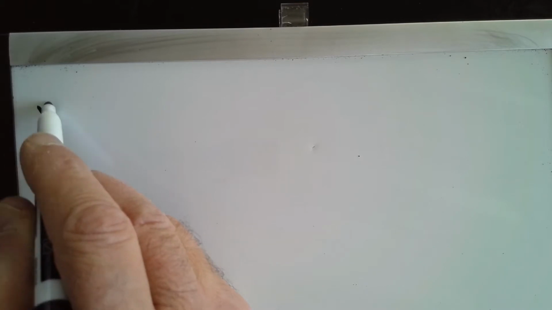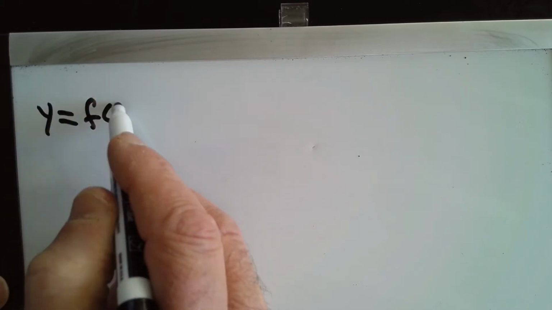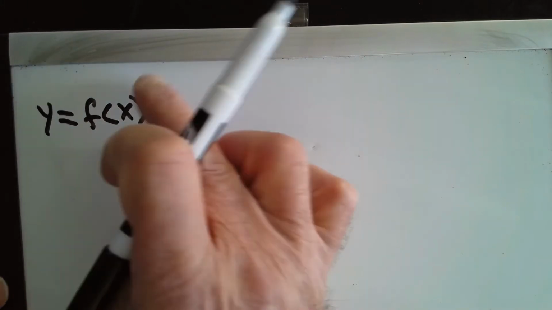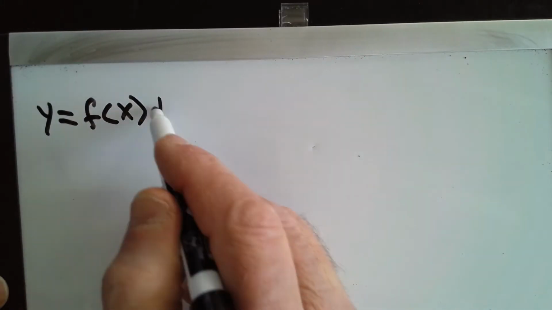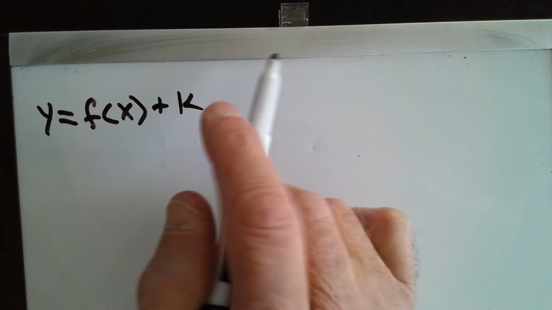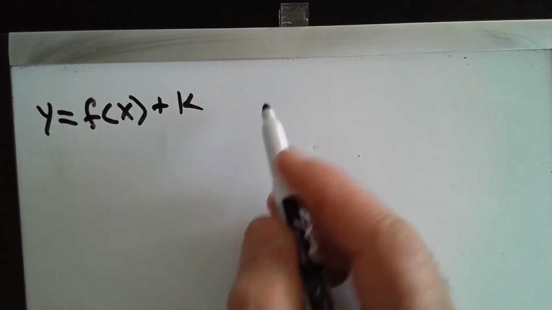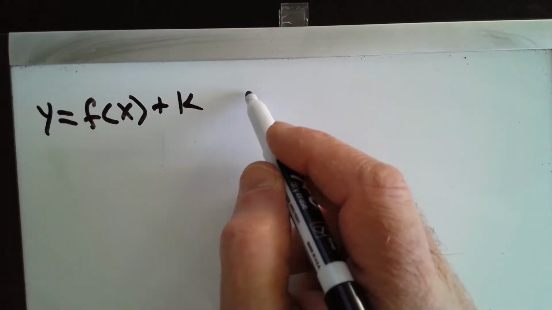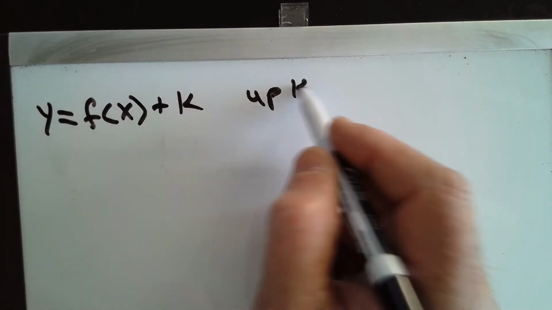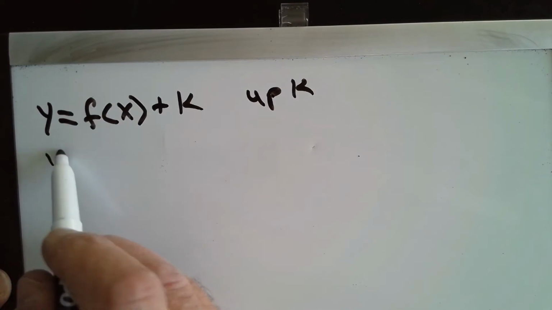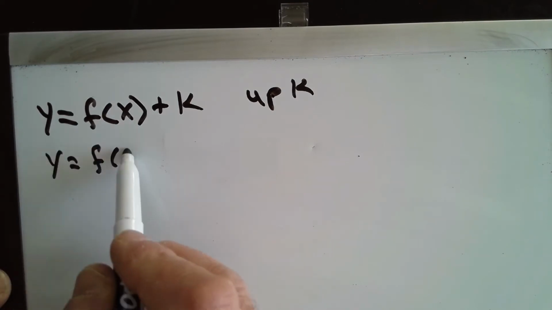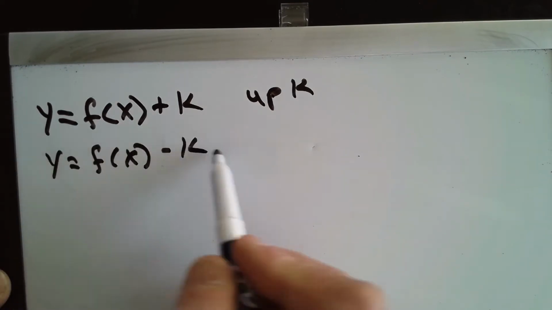So we have y equals f of x plus k. This is going to make the graph do what? Move up, down, right, or left? Yeah, it's going to shift up k units, and so that would make this shift down